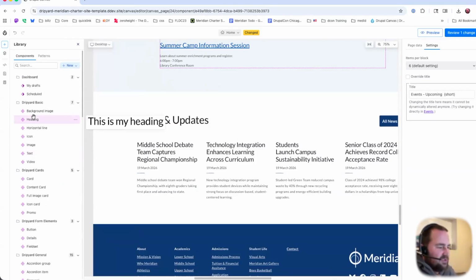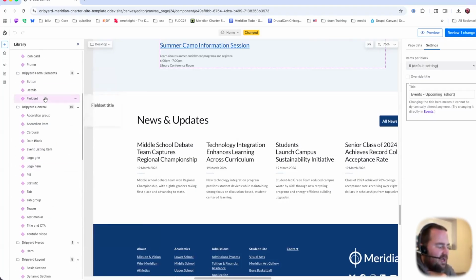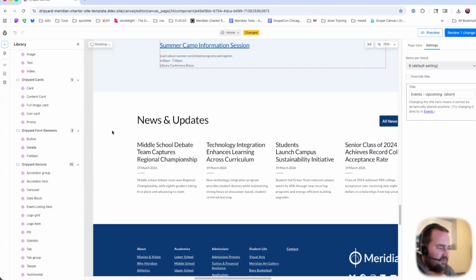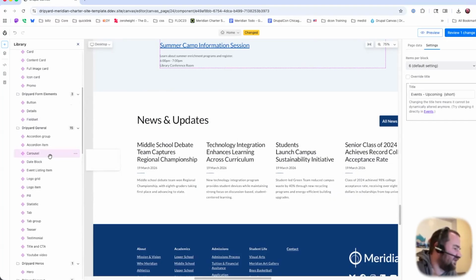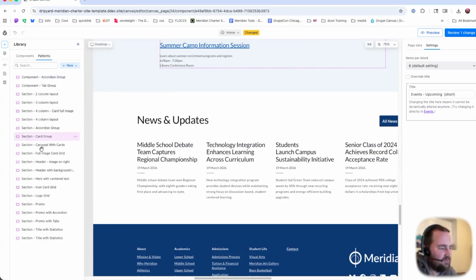These components are a mix of single directory components, and then you have some block views down here that we created. Most of the components you're seeing right here are included with the themes that you get. Like you buy a theme from Dripyard, which runs in the neighborhood of $500, and you get a whole library of components that you can drag and drop. And within our recipes, we also ship what are called patterns. Patterns are basically groups of